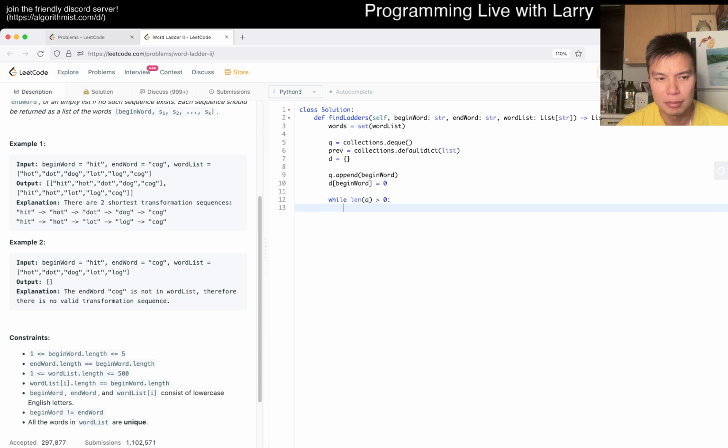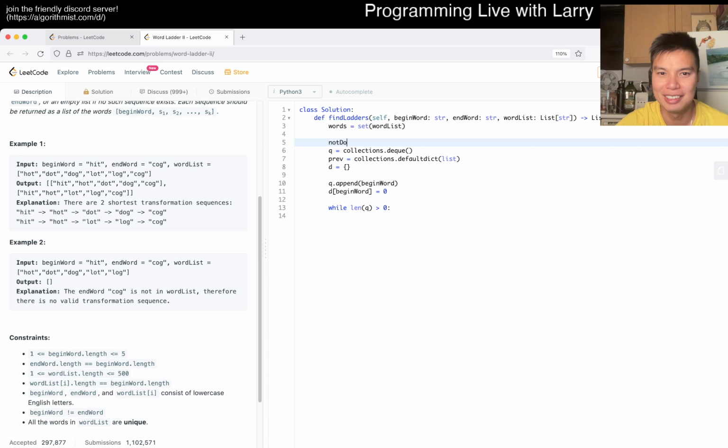Maybe we can speed it up a little bit. Let's just say not done is equal to set of word list, right?